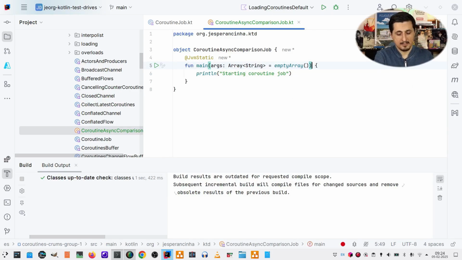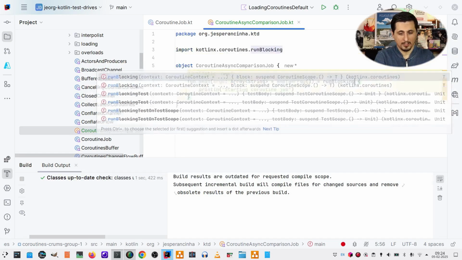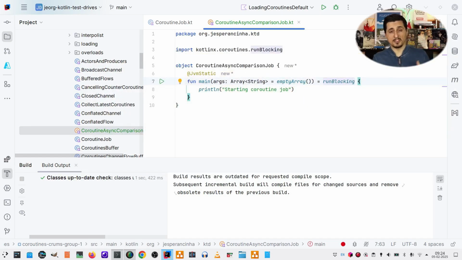And then let's put here a run blocking. As we have seen before, this is important to start one coroutine. And let's just leave it by default. And you already know what default is in terms of context for the Kotlin coroutines. It's the blocking event loop. So with the blocking event loop, we will make these examples and see where the difference could be between launch